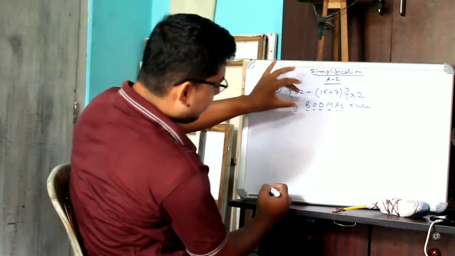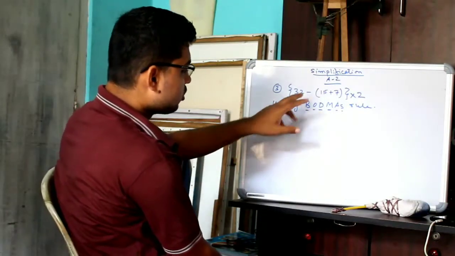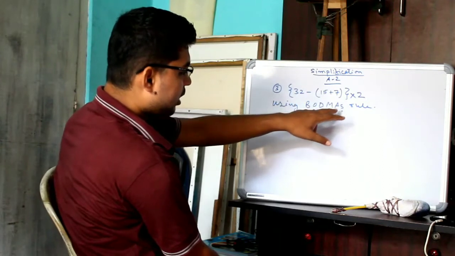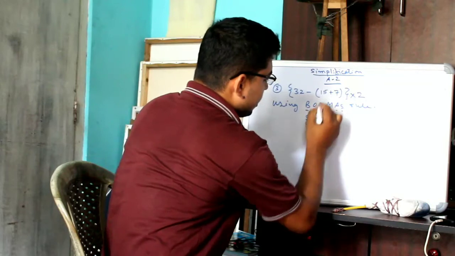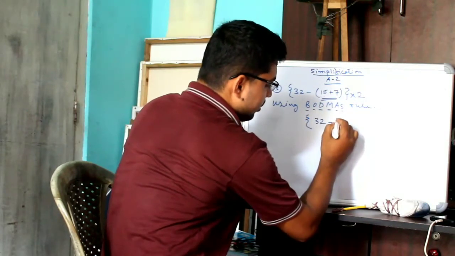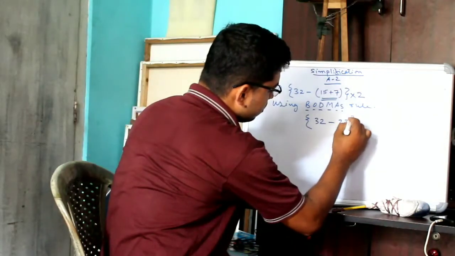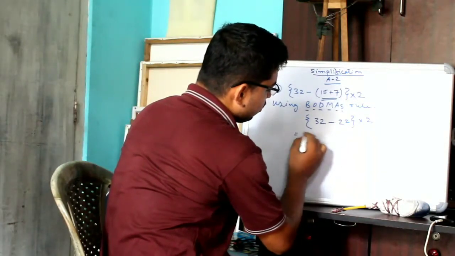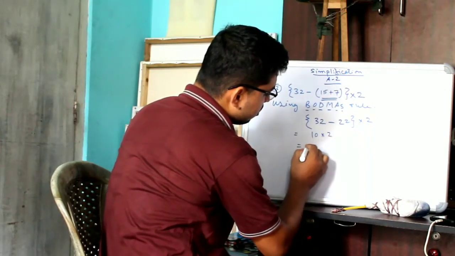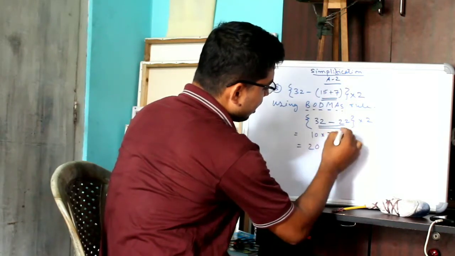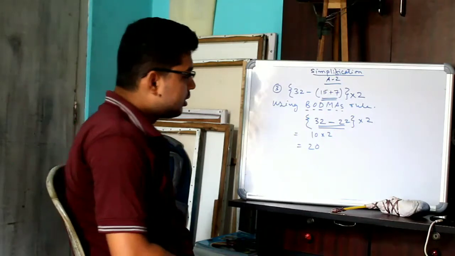So here the bracket is given, but of is not given, division is not given, multiplication is given, addition and subtraction are given. So 32 minus, in the bracket first, 15 plus 7 is equal to 22. 32 minus 22 equals 10, into 2 equals 20. So do this first, then that. So 20 is the answer. Okay. Next.